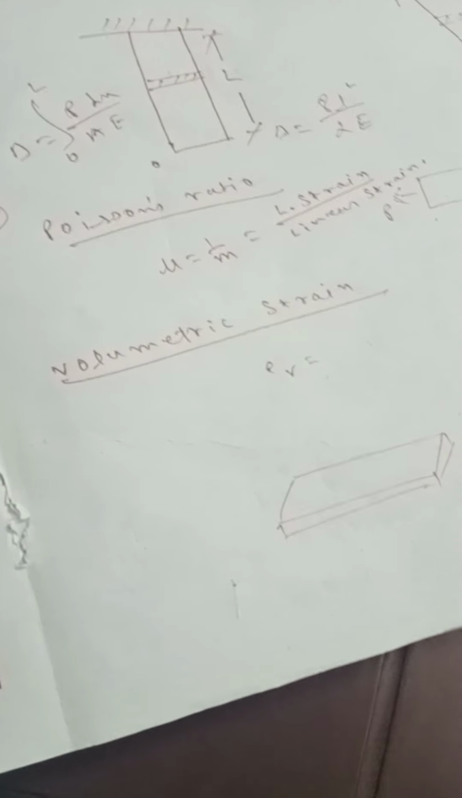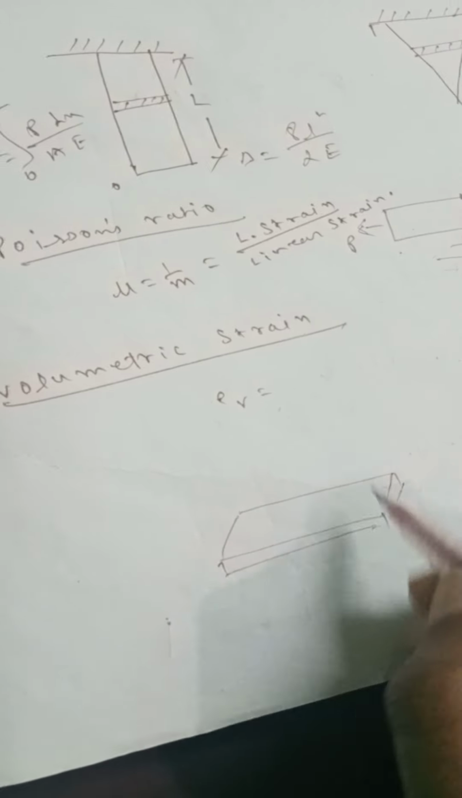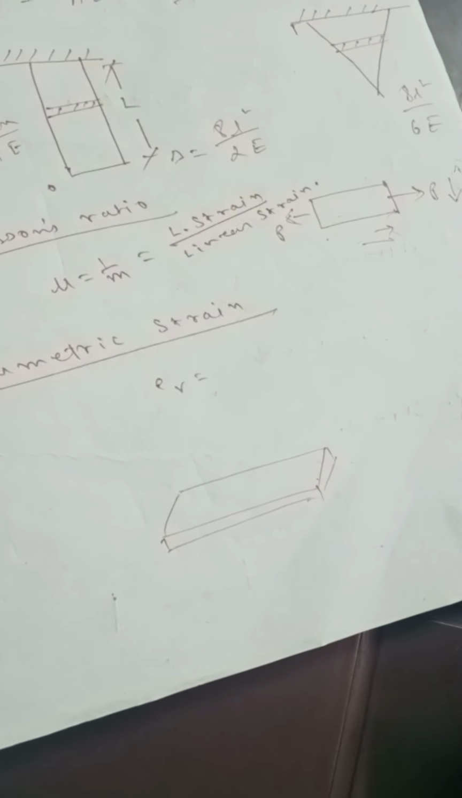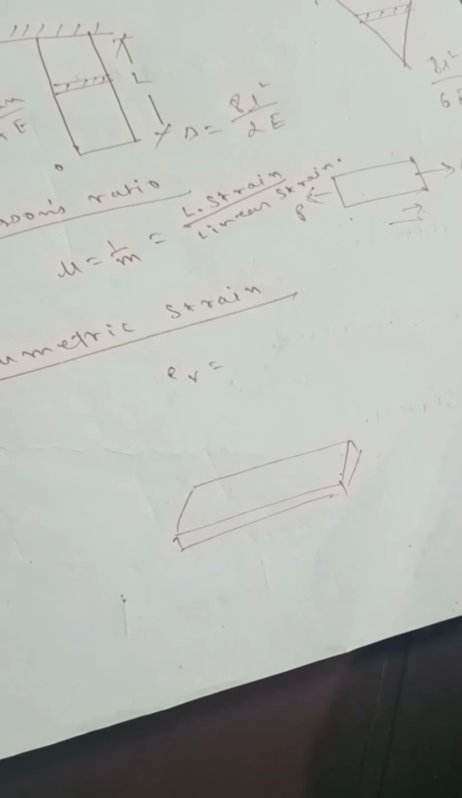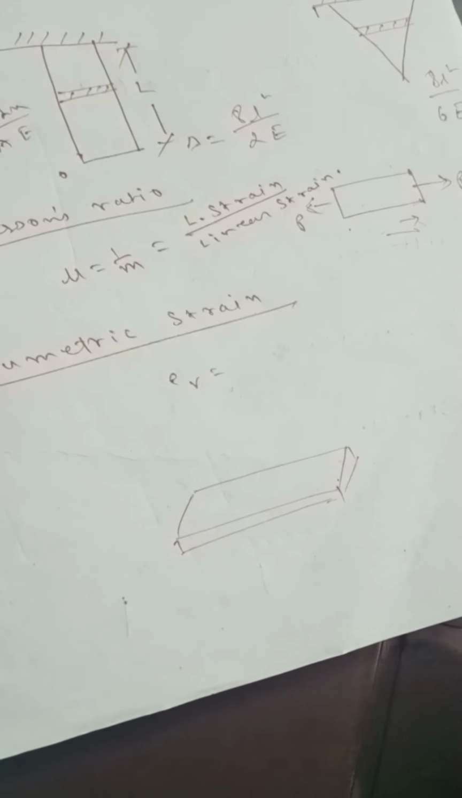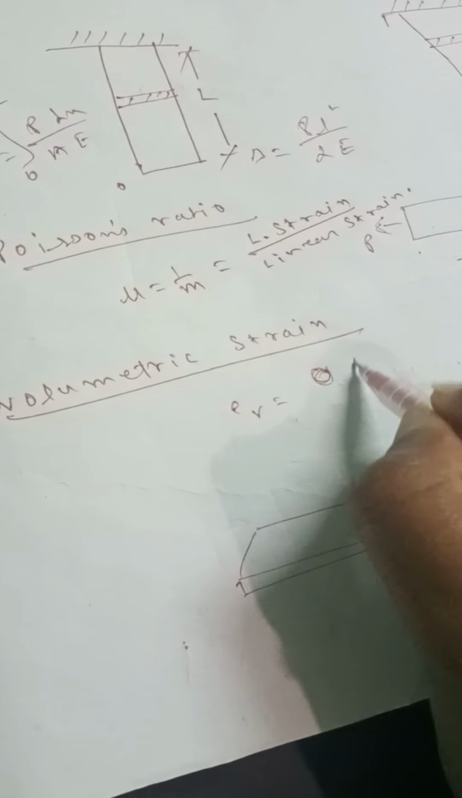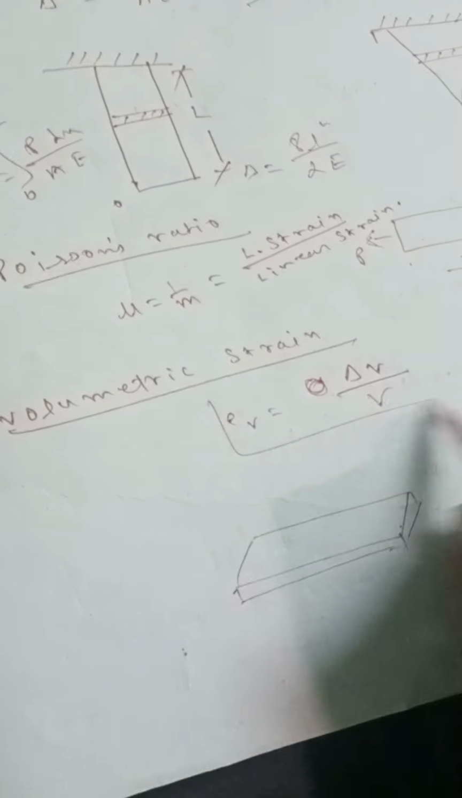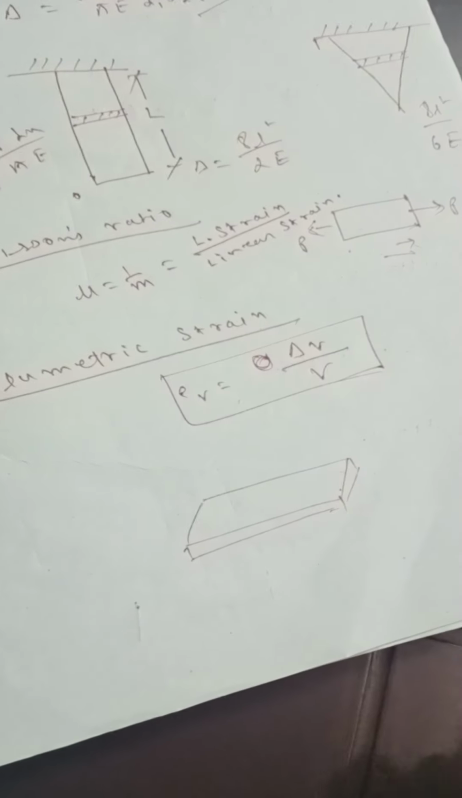now volumetric strain. What is volumetric strain? Suppose a member is subjected to stress, so that member will undergo deformation in all directions, and due to that deformation there will be a change in volume. So volumetric strain is nothing but change in volume by original volume. If we represent the change in volume by del V and the original volume by V, then the change in volume is del V and volumetric strain will be change in volume by original volume. Okay,